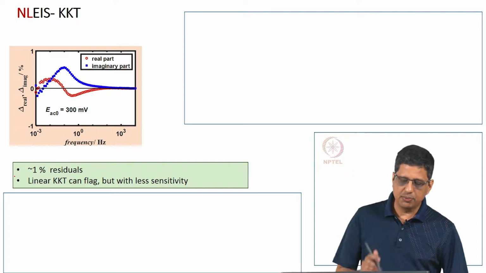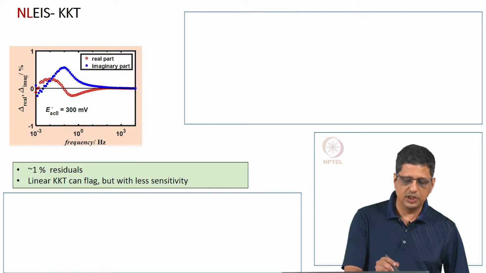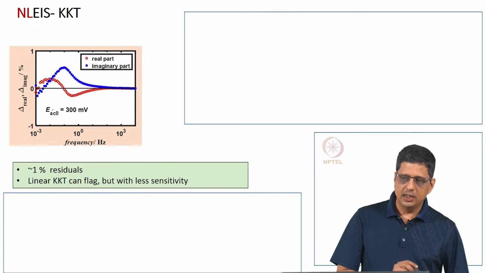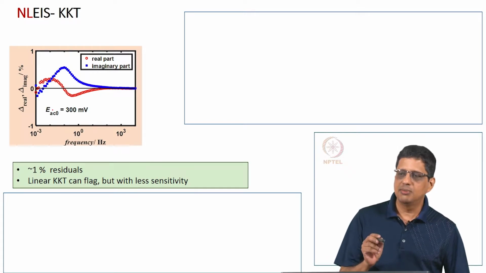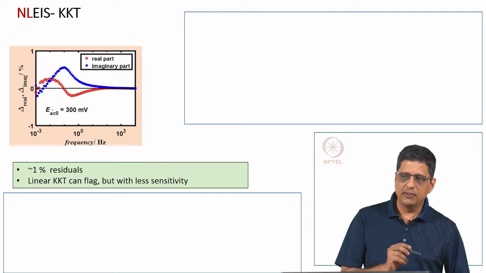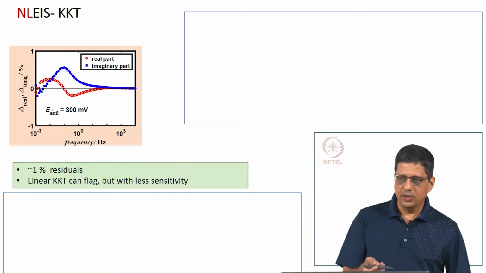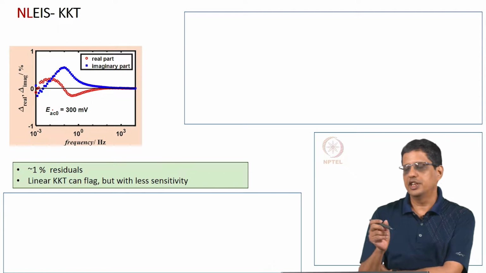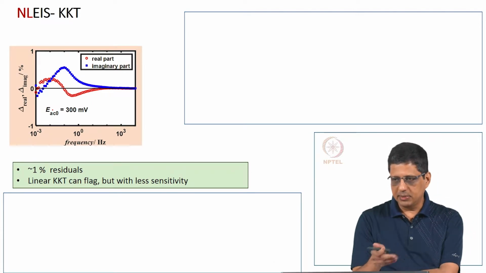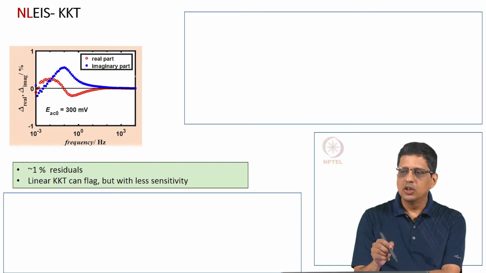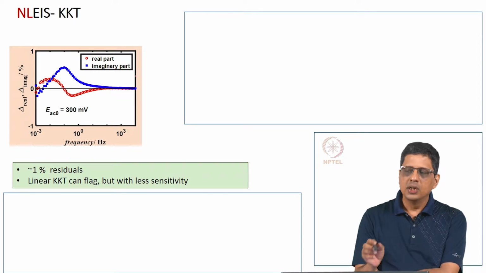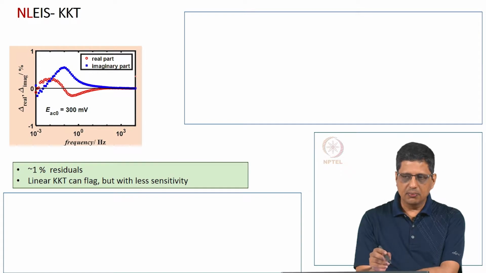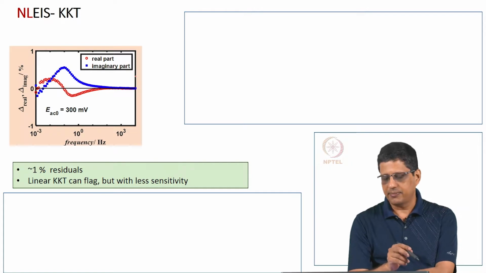Okay. It is much smaller here though, it is plus or minus 1%. Previously it is 0% for 1 millivolt data and nearly 10-15% for 300 millivolt data. Here 1 millivolt data will give you 0% error, I am not showing it here, but 300 millivolt data shows maybe half percentage or at the most 1% variation. And if you have noise in the data, it is possible that the noise will subsume this, you may not see a clear systematic pattern. In any case, at least this is flagging it, but sensitivity is not as high as it was in the previous case.